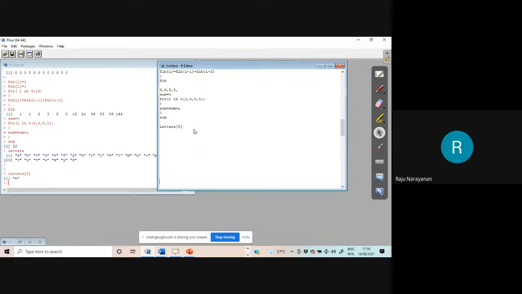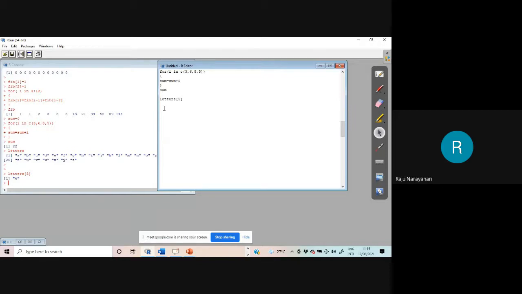Okay, therefore, and this is a one-dimensional addition. Suppose you want to add two-dimensional things, something like a matrix. Then you have to use nested for loops. Very simple thing. Suppose matrix.